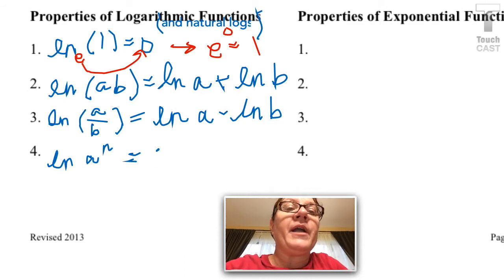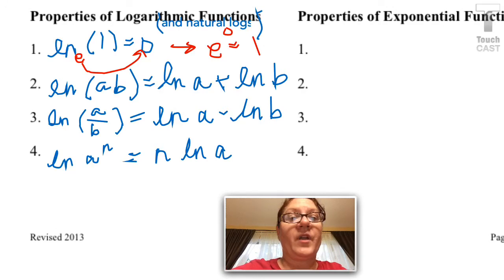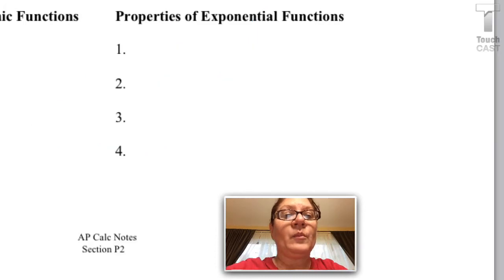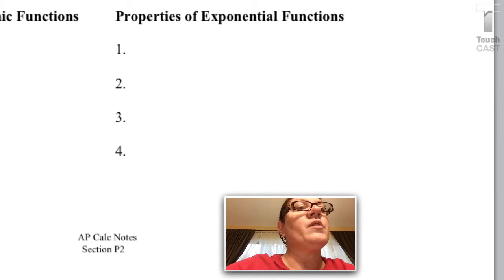you can bring the power down in front, and so I get n times natural log of a. Okay, I'm going to shift this over so I have lots of room, so magic's going to happen, all that's going to disapparate. Okay, so now on the exponential side,